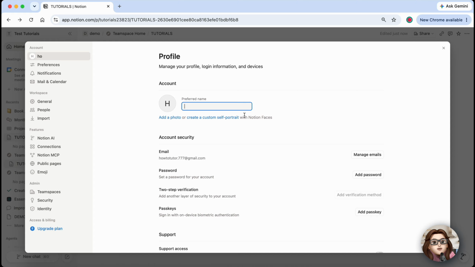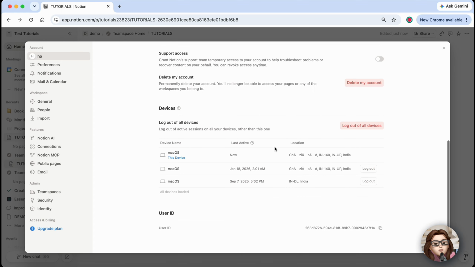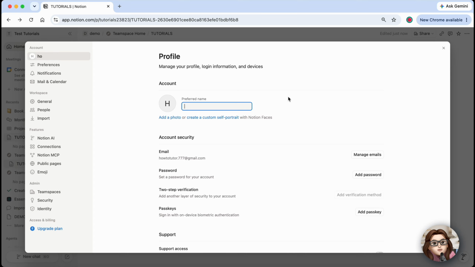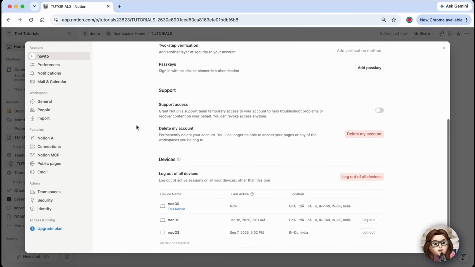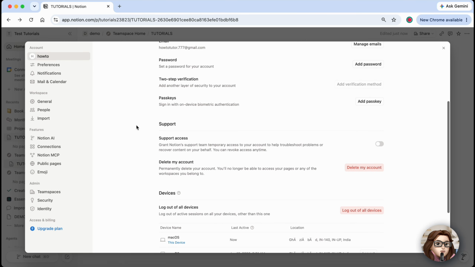If your version of Notion has a Save Changes button, click it to apply the update. Some versions save your changes automatically, so simply wait a few moments for the new name to sync across your account. Your updated name will now appear when you comment on pages, collaborate with others, or share content from your